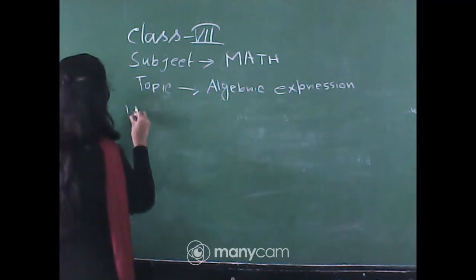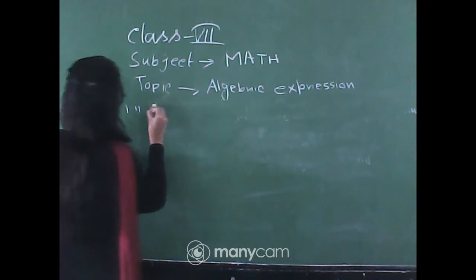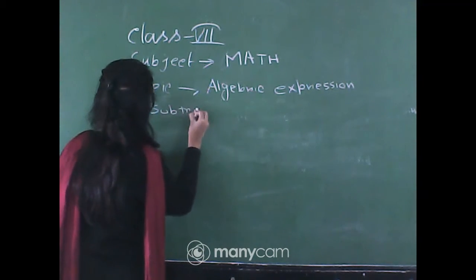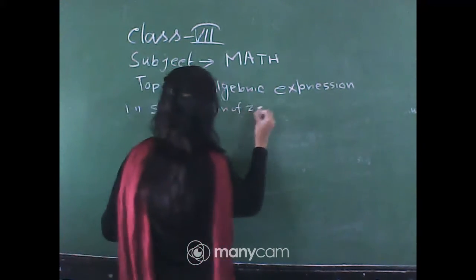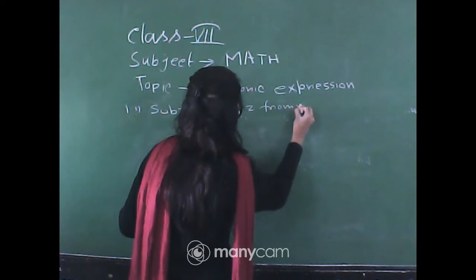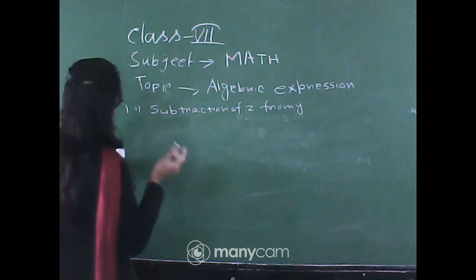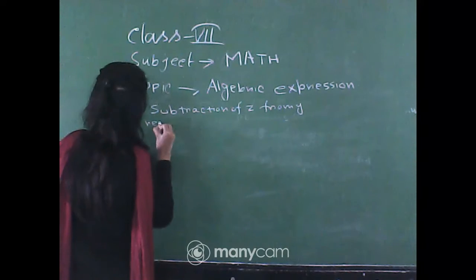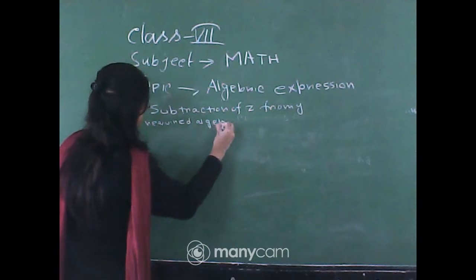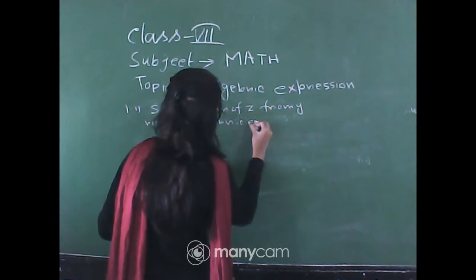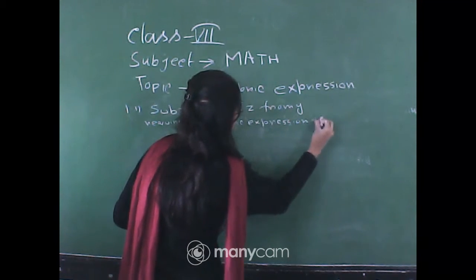First question is subtraction of z from y. If we subtract z from y, the required algebraic expression will be y minus z,